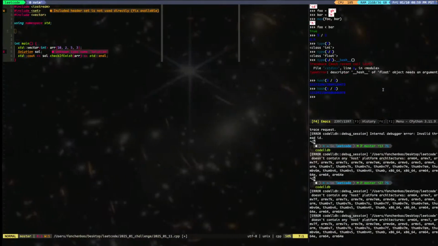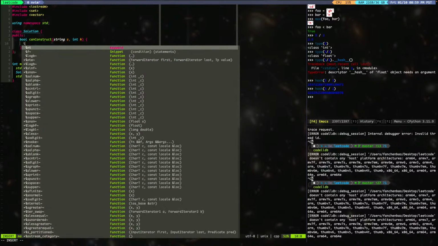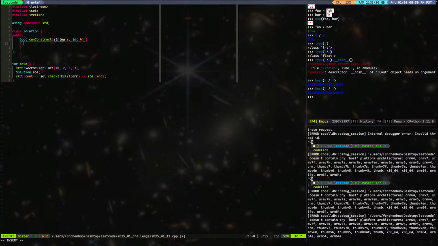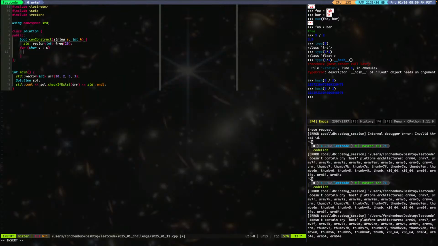So first things first, I wonder if I can do, no, I think you have to use new. I don't know, let's just vector it. Counter, let's call it frequency. Okay. Char C of S, frequency C minus A, plus plus. For int I 0, I smaller than 26, I plus plus,